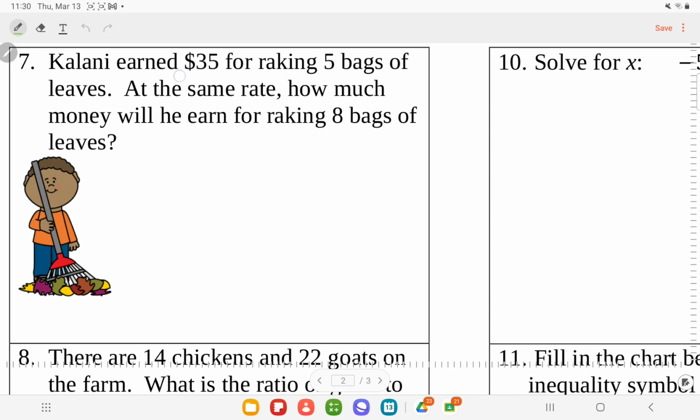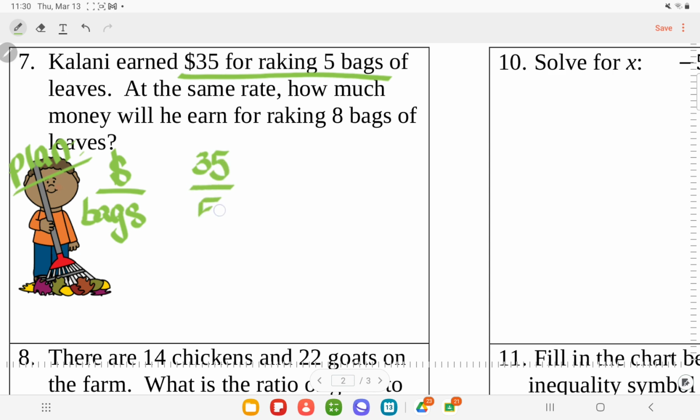Kaylani earned $35 for raking 5 bags. What are the two things that are being compared here? We're comparing money to the number of bags. So that's going to be my plan. Remember, we always want to plan in words. Plan. So we've got 35